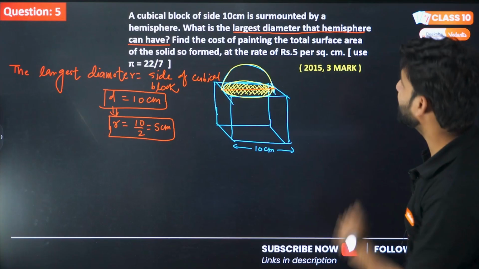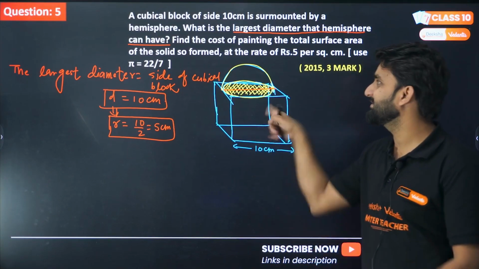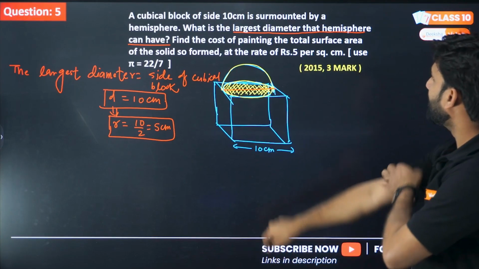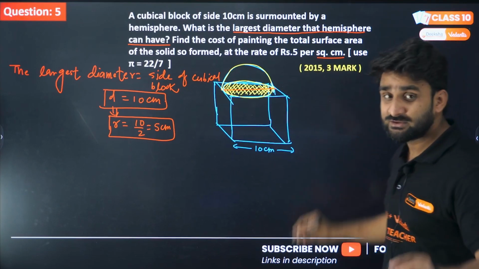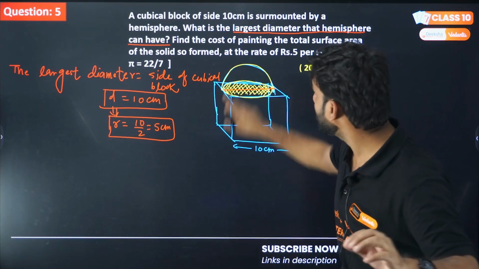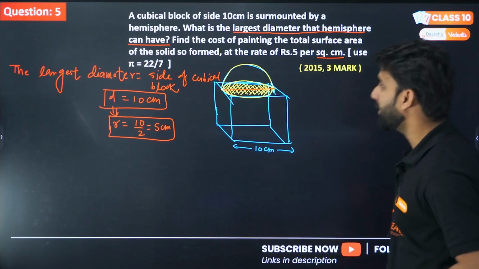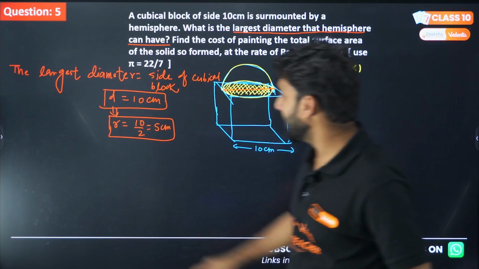Don't assume room, because room is, one side will be hidden up at the ground, but here this is the solid, so we'll be considering this base as well. So rupees 5 per square centimeter, and the square centimeter is giving you the clue for area. So you have to find the total surface area here. So what will be the total surface area? Look how we can approach it. So the total surface area will be, I am doing here,